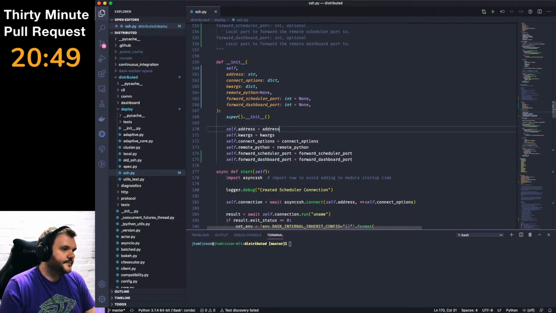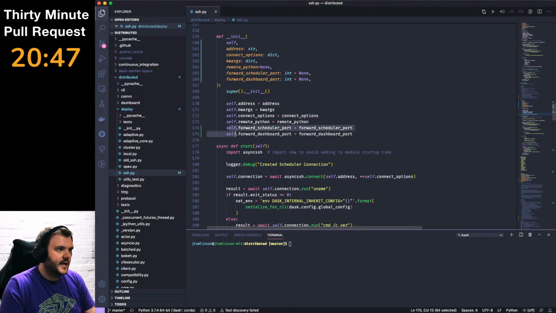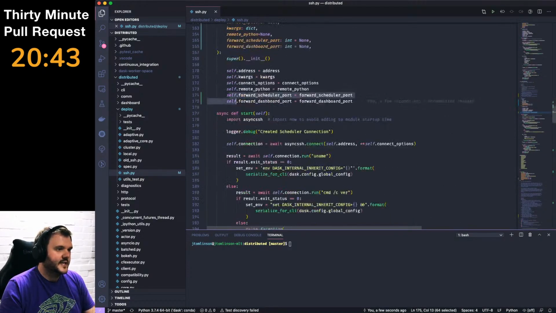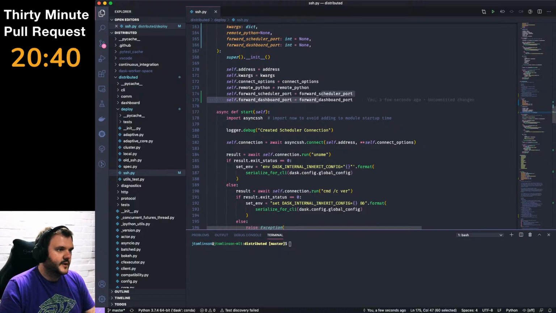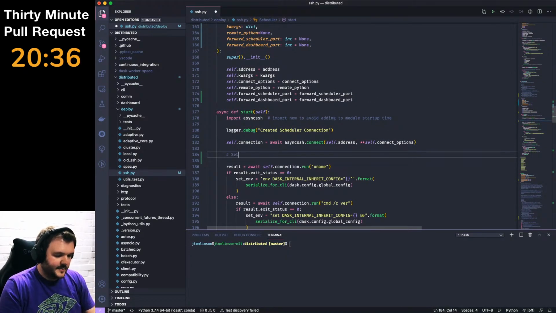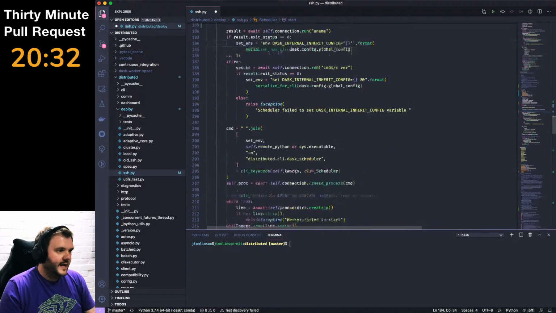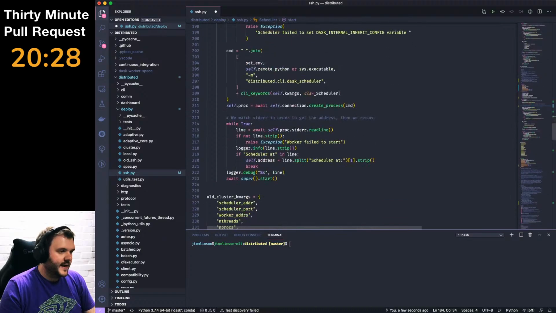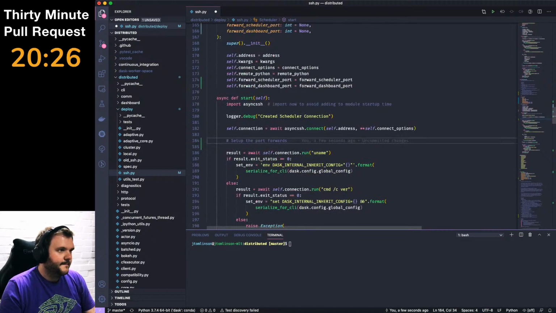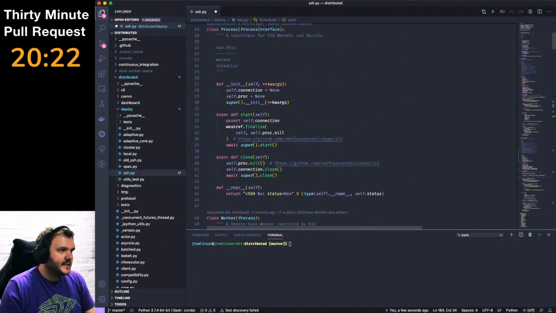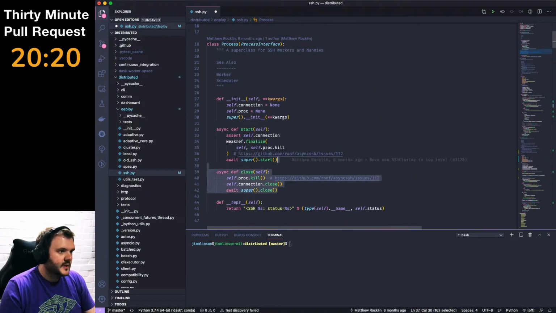Okay, so now the scheduler class, once the SSH cluster gets instantiated, the scheduler class will get instantiated, and we'll have these ports forwarded all the way through to here. So now when we start the connection, we want to set up the port forwards, and we also want them to be torn down again. That only really matters in this class. Now the base class has a close